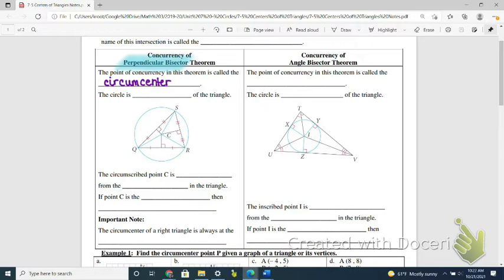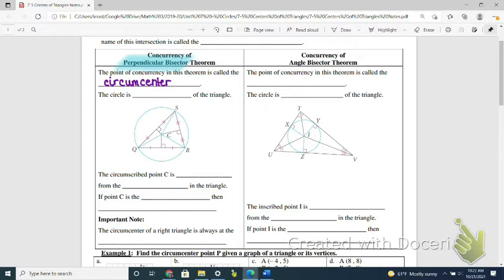So the point where all 3 perpendicular bisectors meet, and remember, perpendicular bisector means they need to bisect the side of the triangle, and they need to be perpendicular to it. And when that happens, and you do that for all 3 sides, you will get the circumcenter where those 3